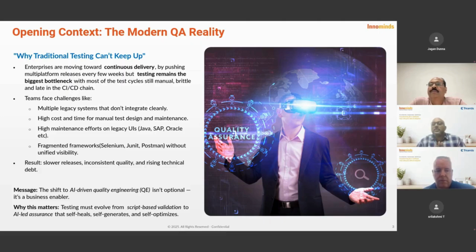The original intention to develop automation scripts in the traditional world is to improve productivity or enhance the ROI for the customers. But because of the complexities that we are introducing, we end up with this maintenance problem, which is not generating any significant return on investment.